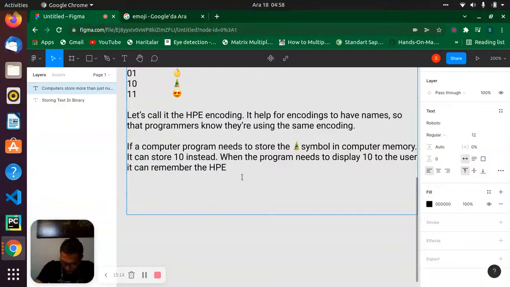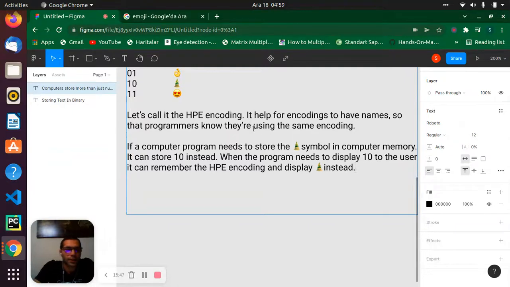So HPA encoding and display this one as, let's say again, black, this one instead of 10.